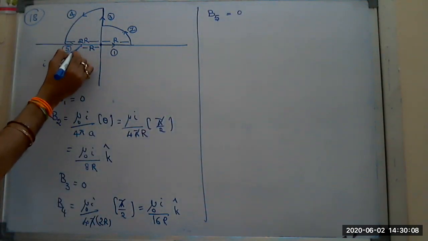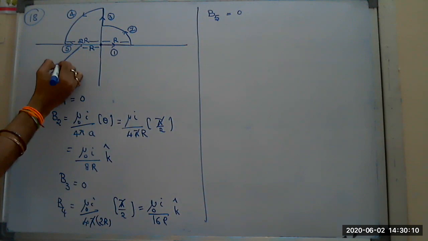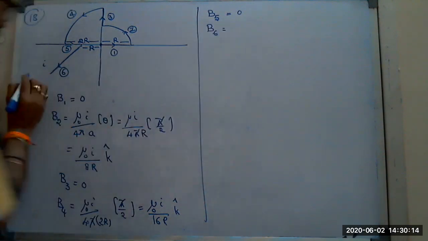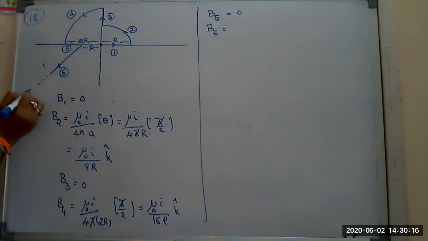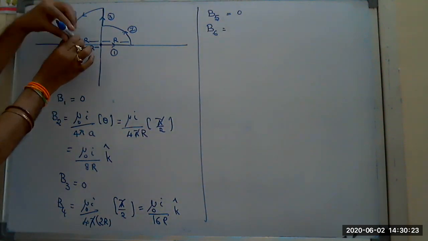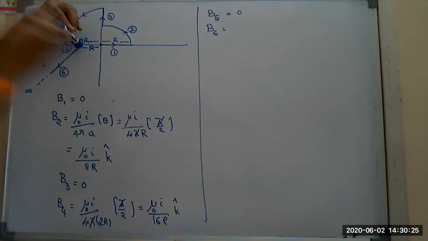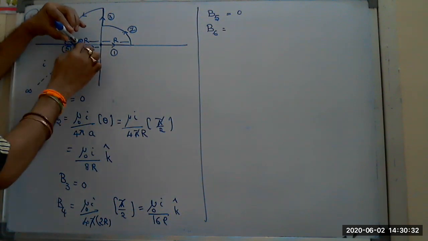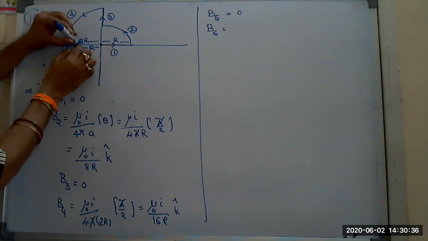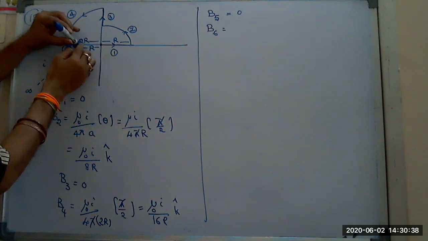Last part you have to understand properly, Nana. This is parallel to the z-axis, B6. Parallel to the z-axis and one end is tending up to infinite distance. Look at it practically: the z-axis means it is the z-axis. So one end is infinite. One end is infinite means this theta is 0 degrees. And the other end is exactly here. Look at the point and the other end.